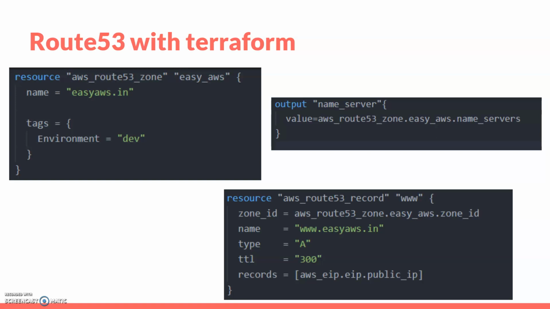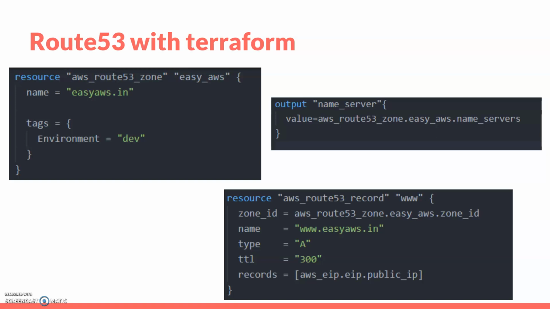So I will create the zone. After creation of the zone, I will create the record. For the record, I will pass the zone ID. In that zone ID I will create the name, the DNS name, and the type A record, and TTL is the time to live, used for the expiration of time. So this will be 300, and I am mapping this zone ID record set A to the elastic IP. So basically my host name is mapped with the elastic IP, which is attached to any of your instances.